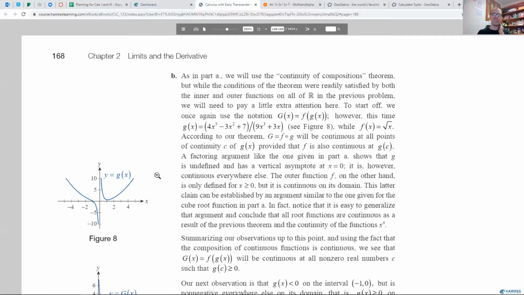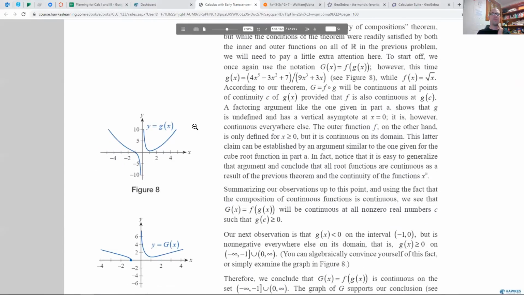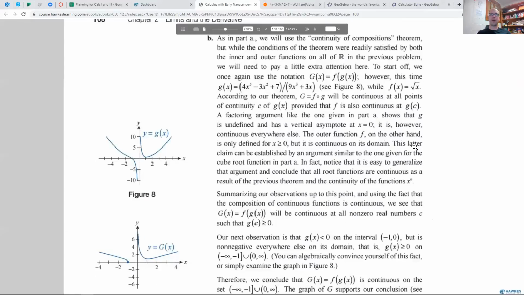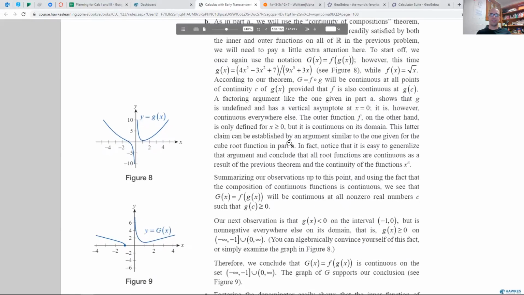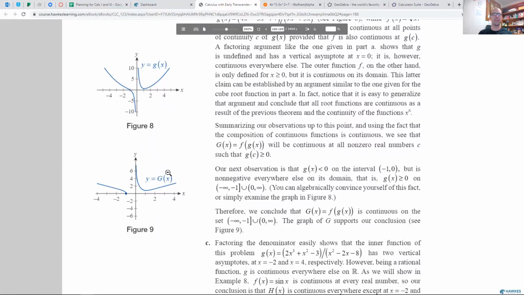And actually, I'm just going to look at the book here and show you what it says. But here's the graph of that rational function on the inside. This is a graph of the entire thing when you put a square root over the top of it. So yeah, here's the part in the book where we're saying, oh yeah, the outer function is only defined when you're putting a positive number into the square root. And so we want to make sure that we're only dealing with areas where this is positive. And here from